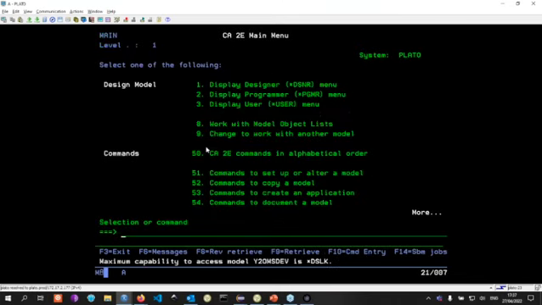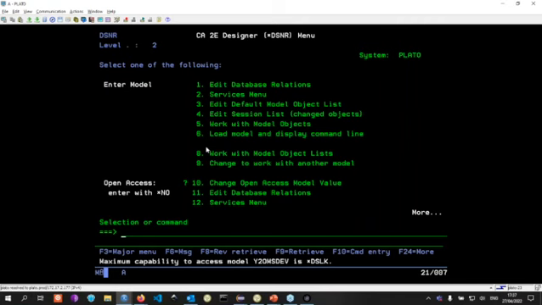So what is also happening in the meantime is that we are creating a model object list with the same name as the task. So we can also work only with the models associated to that task.